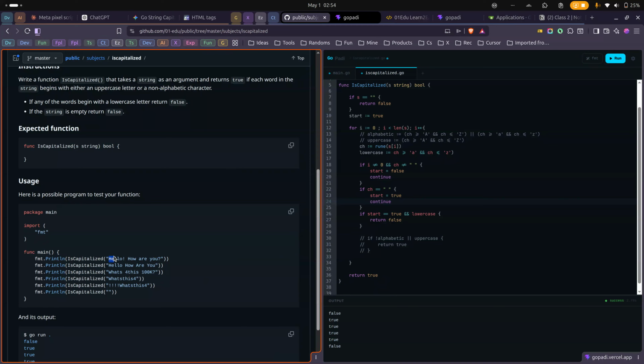Now if it goes to the next one, I is not equal to 0 and ch is not equal to space, so it sets start to false and continues. So L, O does not show all of this. So if you encounter space now, that first condition is not going to be valid anymore. So it goes to the next condition. If it is space, start equals to true, continue,